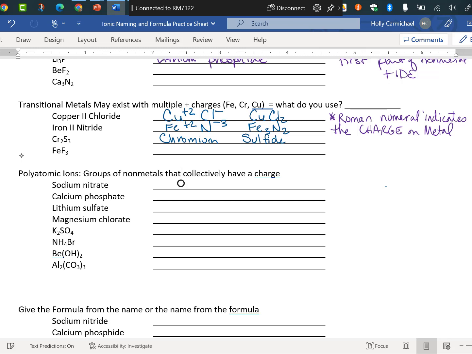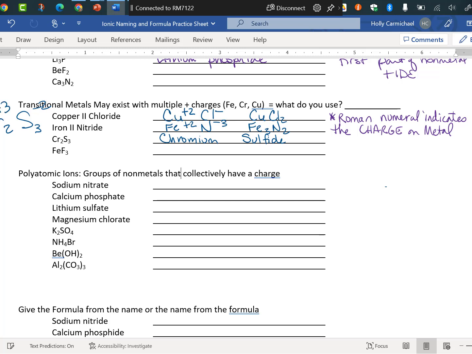So remember, first part of the nonmetal plus the ide. So I know this is chromium sulfide. But if you see iron, copper, chromium, you know you've got to add that Roman numeral. So I've got to figure out what the charge is on the chromium. So if I have Cr2S3, what do you know the charge on the sulfur is? You see that it is in group 6, so 8 minus 6 tells you it's a -2. So do you see that the -2 and the 2 on the chromium are the same? Well, then that tells you the charge on the chromium is the same as the number for the sulfur, so that is a